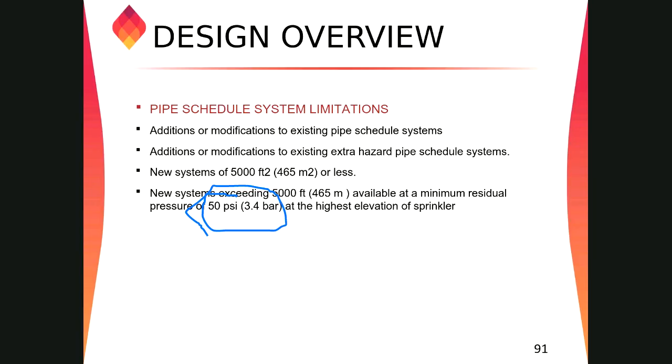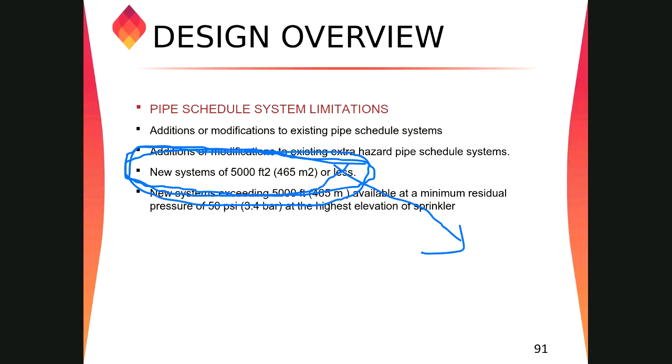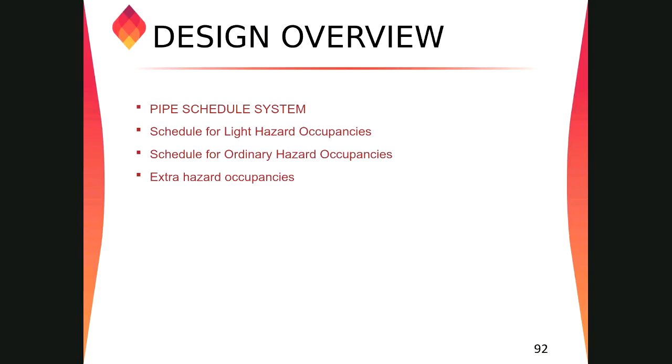Even those 5,000 square feet are allowed for a new project, right? But nowhere in Saudi Arabia can you use any plan without hydraulic calculation in Elite software or PipeNet or HAS or any other available software. But still we have the option for this. Again, in Saudi Arabia, we cannot use the pipe schedule system. Normally they are not allowing this pipe schedule system. There we have to go with the hydraulic calculation option, performing your calculation in the software.